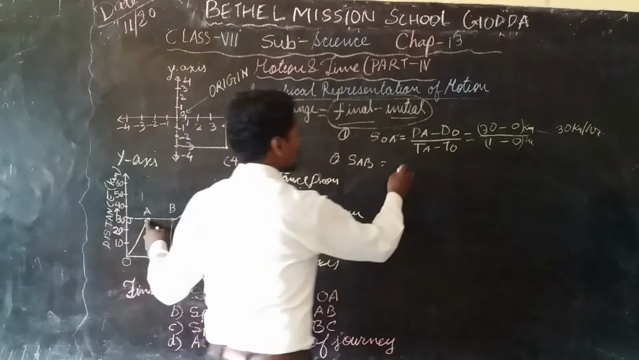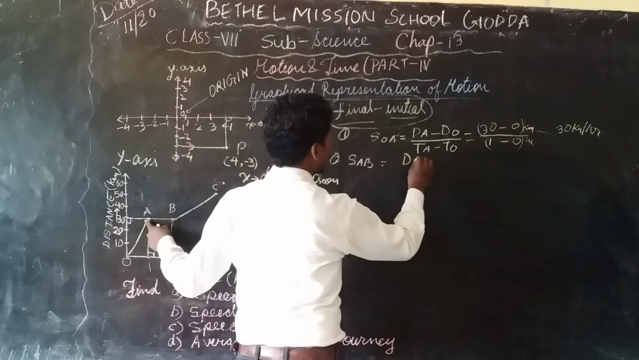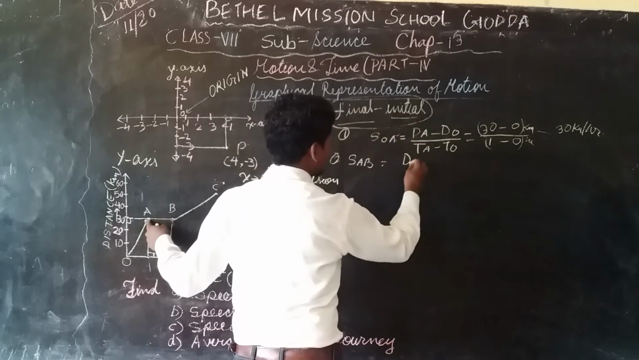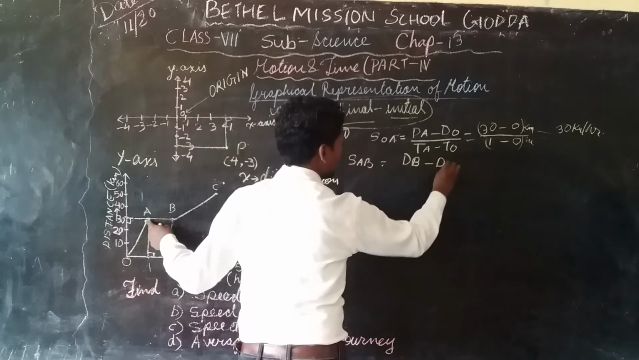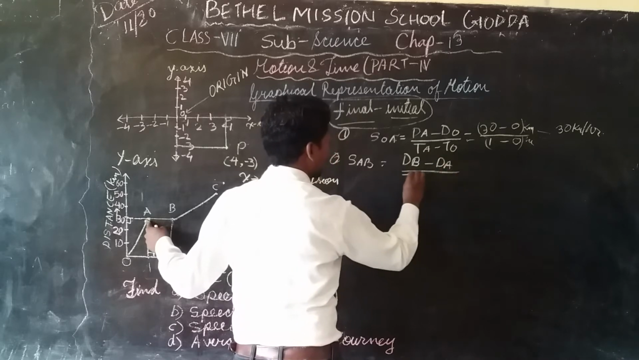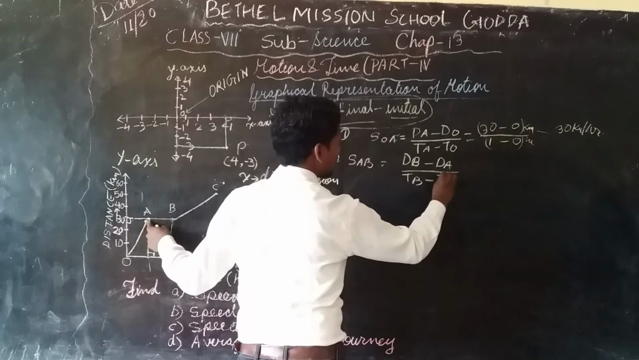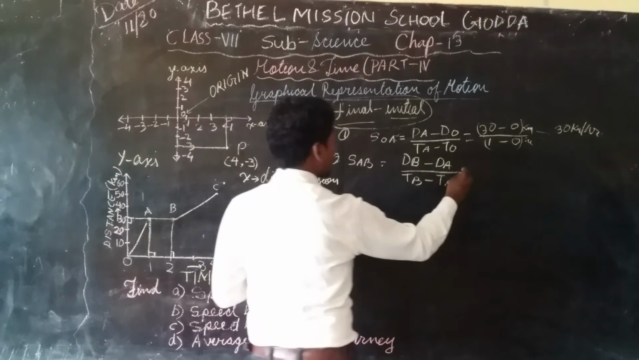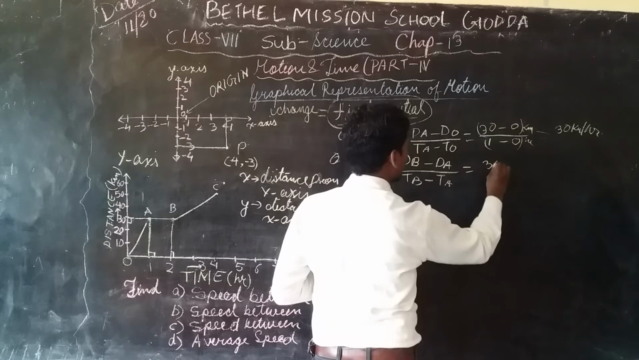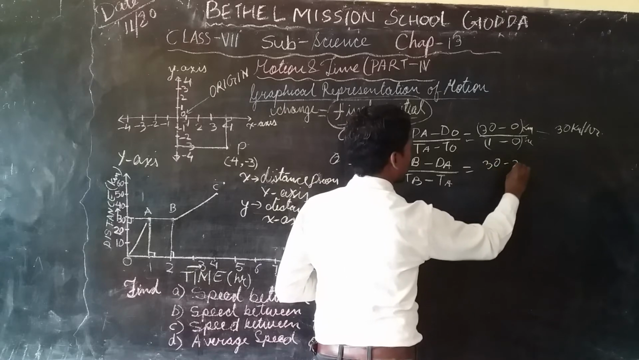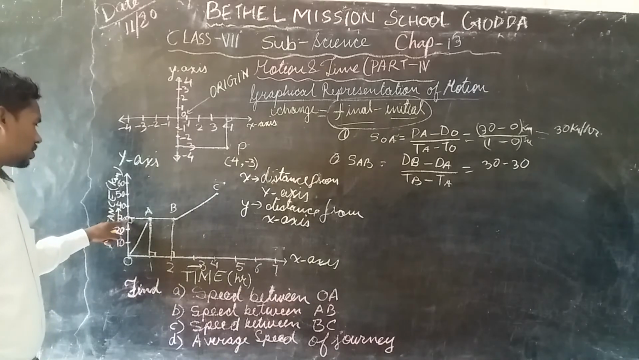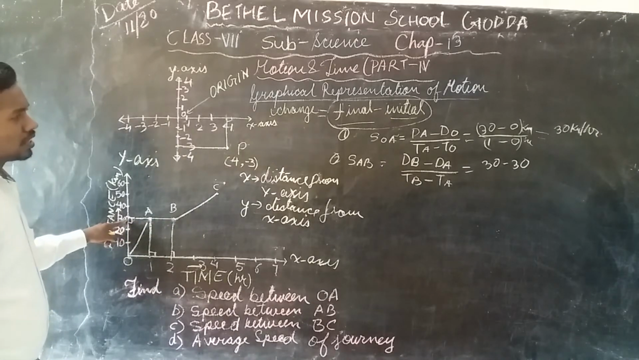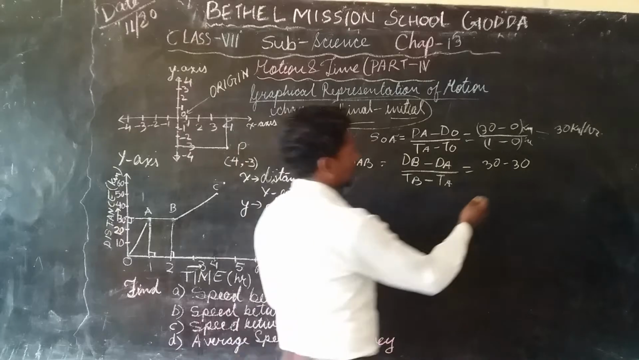So you always need to do what? B final. Means final minus initial. So what is the final position? AB. So DB minus DA by again TB minus TA. So what is the reading of DB? DB is again 30 and DA is also 30. You can see here. And A also the distance is how much? 30 and B also the distance is 30. So it is 30 minus 30